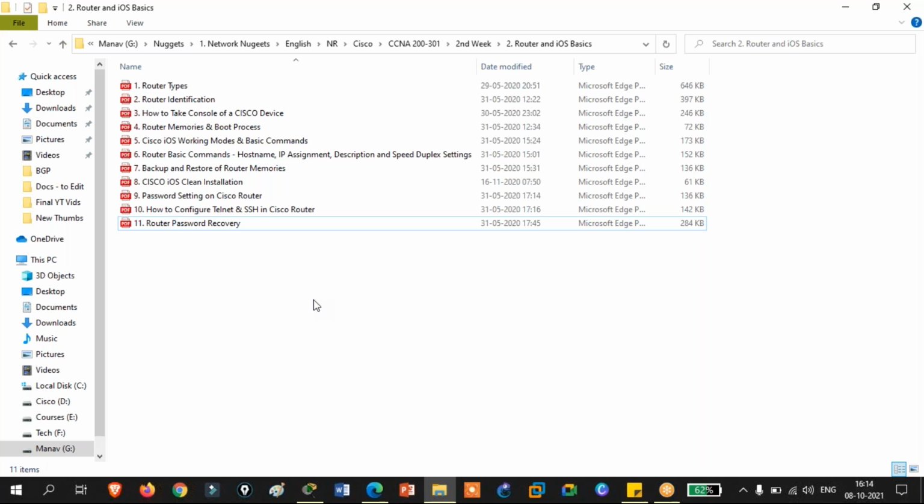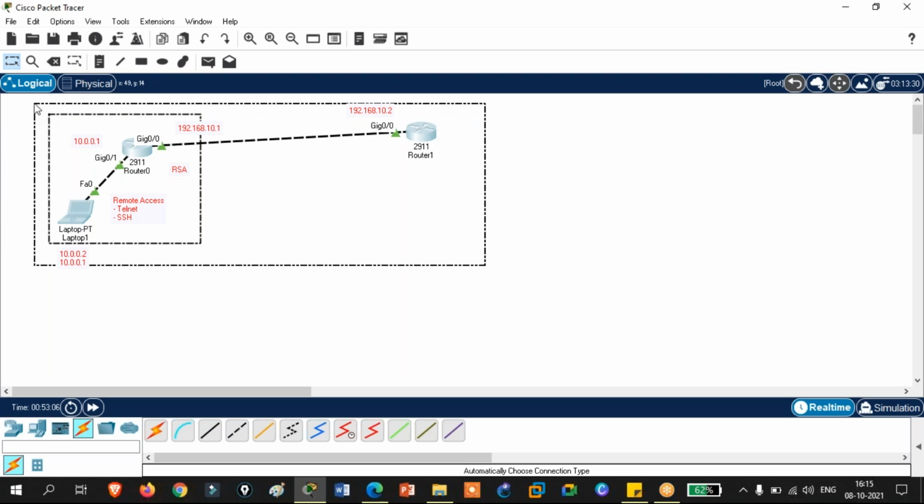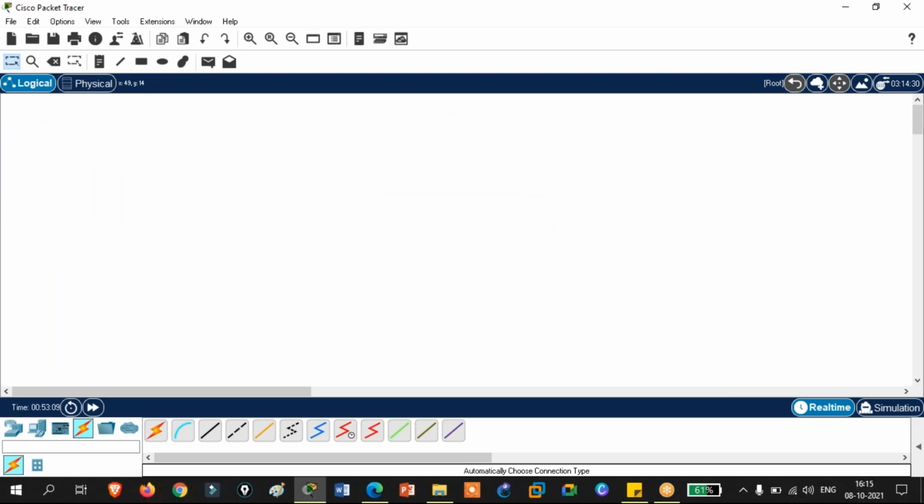So we are done with the password settings, how to configure telnet and SSH. The last thing you will do today is router password recovery. So what happens? Let's say you lose your password. Either you forget the password you have, or in some other branch of your company, there was a router sitting idle for quite some time, and the engineer who configured the passwords has left the company, and unfortunately there is no documentation available on that device.